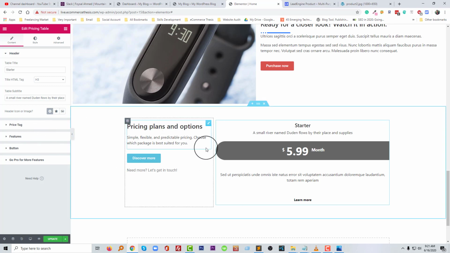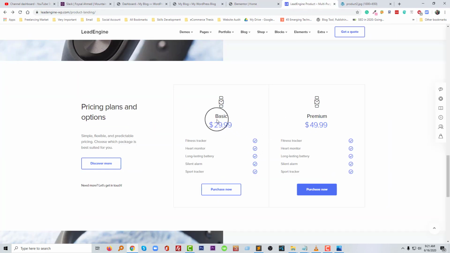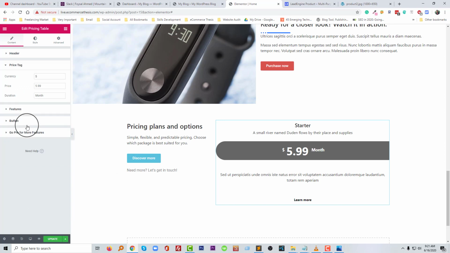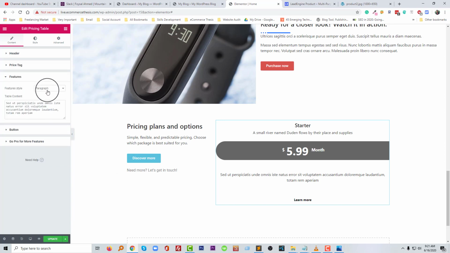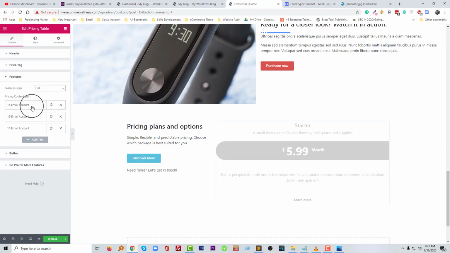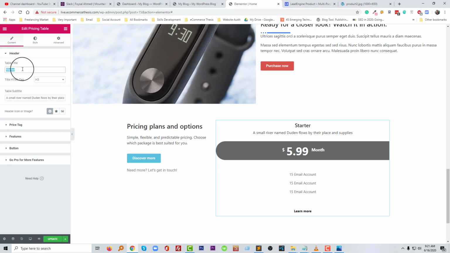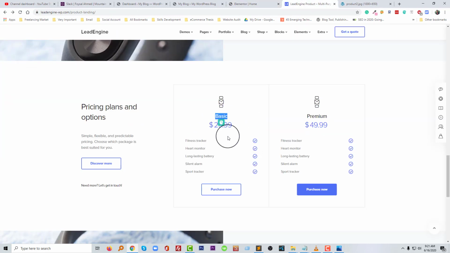Okay, and we have to design, or we can design our table from here. So I'm going to pricing tag, pricing picture will be list, and pricing header basic